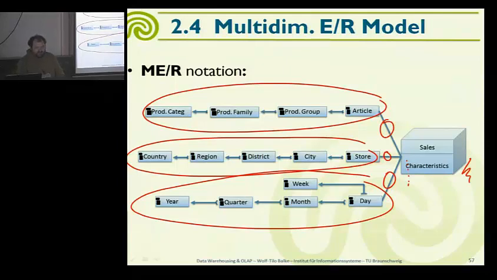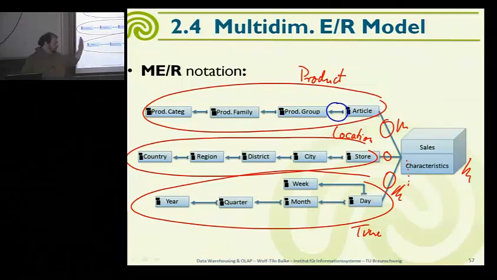And now comes the special binary classification edge, right? This is not a relationship between something, so the sales are in relation to the product. Let's write that as product. This is location, and this is time. And as you can see here, these edges are normal edges, right? So they are normal associations. A sale is associated with a certain product, it's associated with a certain location, it's associated with a certain time, right? But within the dimensions,